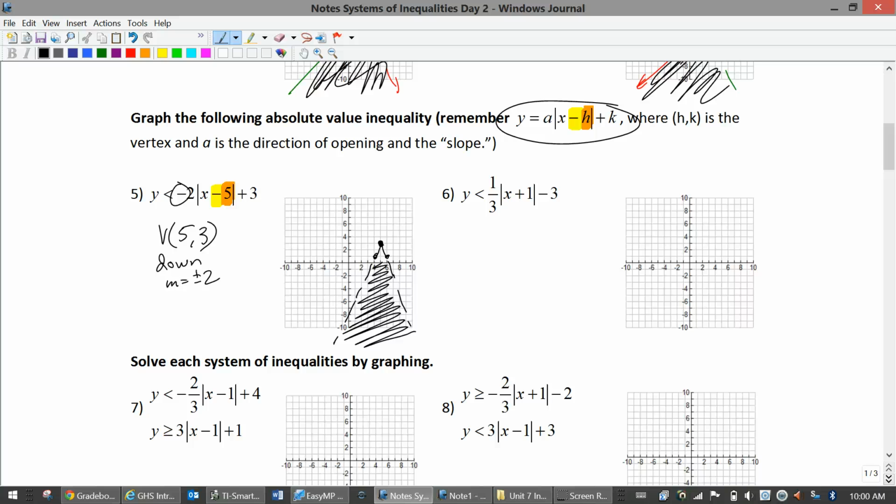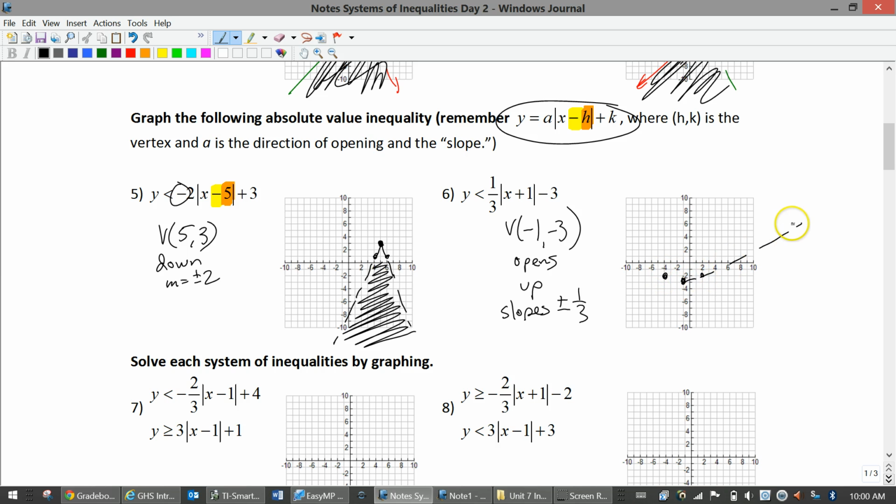Okay, let's take a look at the next one. Vertex (-1, -3). Any questions on getting a vertex? That's one of the important pieces of this, one of the things that was a little bit difficult when you were learning it first. So we plotted (-1, -3), and this one opens up with slopes of plus or minus 1/3. So I'm going to go up 1 right 3, up 1 left 3, and it's